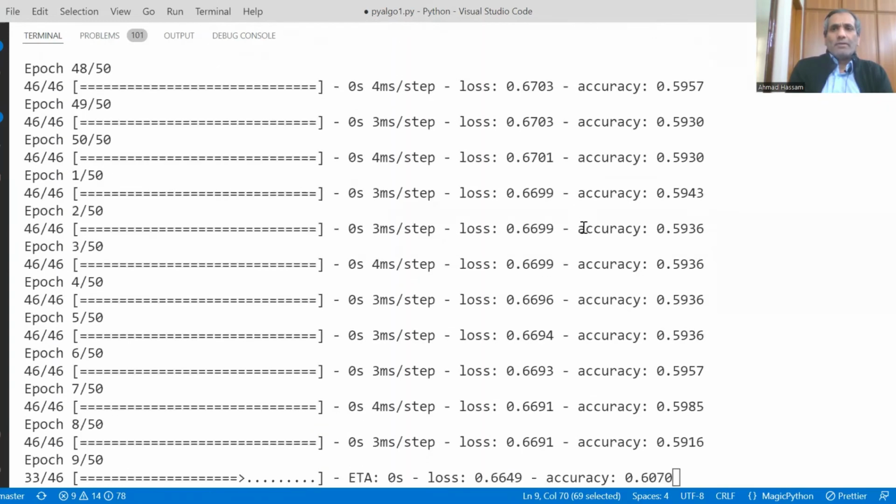So let's check after half an hour how much the backtest accuracy is. Backtest takes time. It will take more than half an hour. So I've already backtested. Let me show the results.